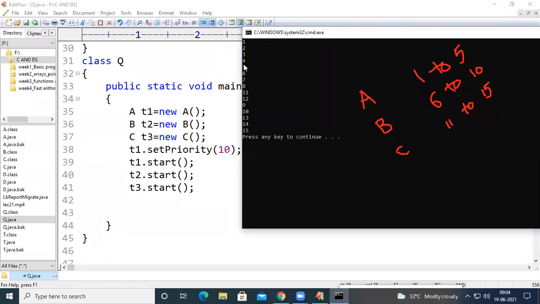You can see 1 to 5 has been printed. And then the remaining 2 threads, T2 and T3, executed simultaneously. So after executing T1 only, the 2 threads have been executed.